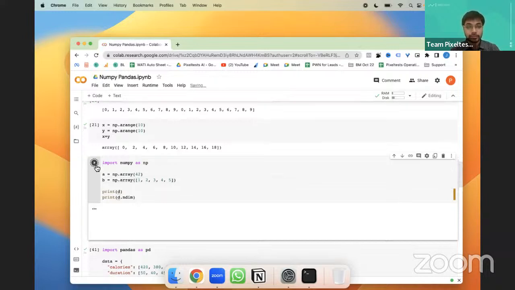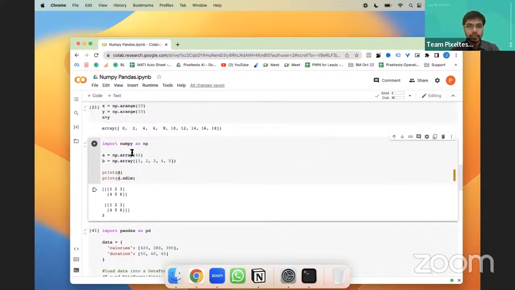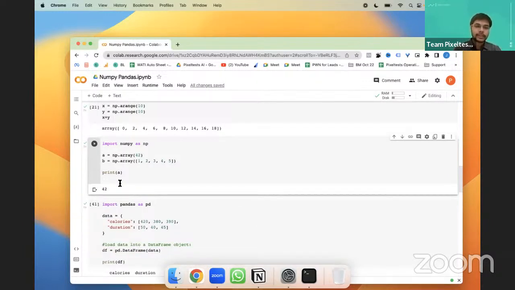So once you run this, you can see that we are going to print first A, then run this. And 42 is one element in that particular array. And if I run B, it is going to be the second array.